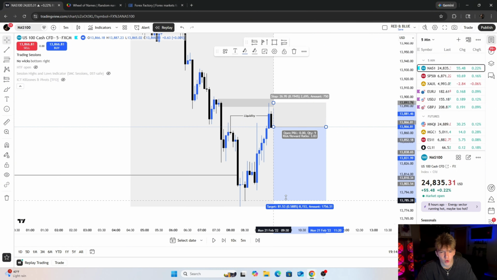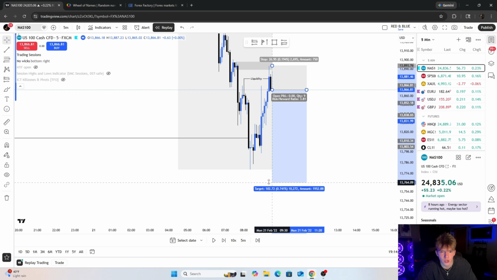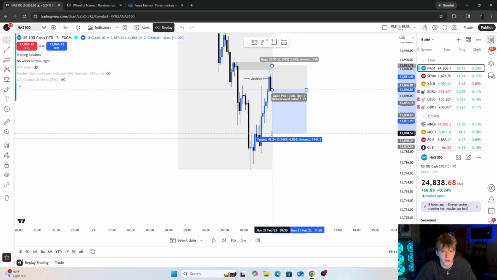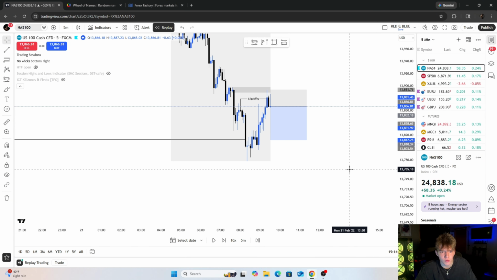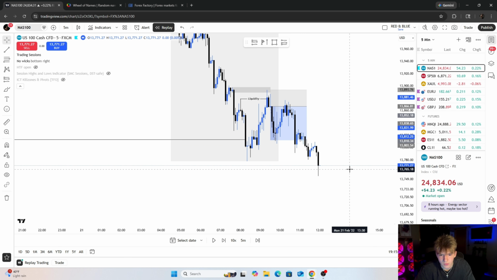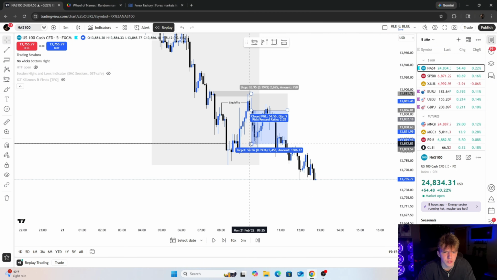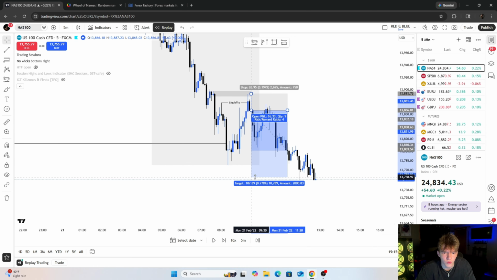And yeah, if you targeted strict 1 to 4s, it'd be the whole way down here. You could target lower, smaller than 1 to 4s, because we didn't really take this low too convincing. You could just target maybe 1 to 2 if you wanted to do that because of that. But yeah, we'll see how this trade plays out. That's literally exactly what happened. It went to 1 to 2, did retrace, and then if you would have done the strict 1 to 4s, that would have hit too. So that's pretty much that trade.